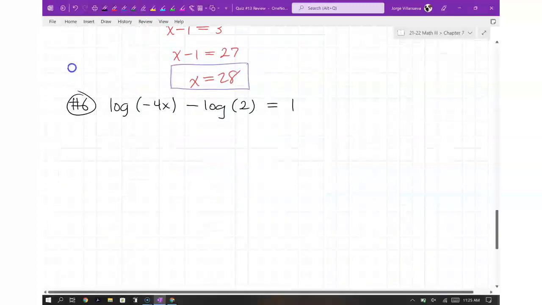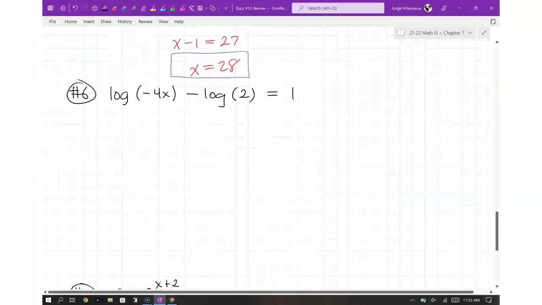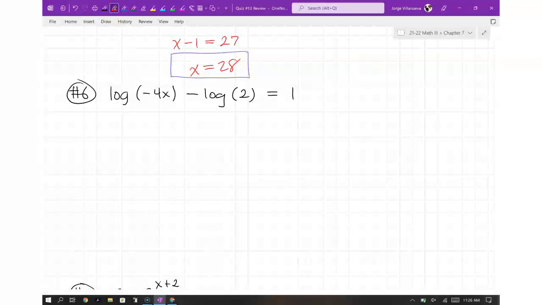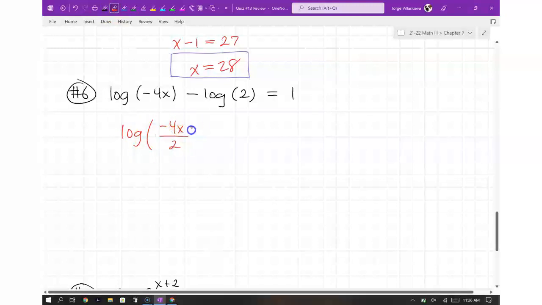All right, number 6. Remember earlier we saw an addition of logs we multiplied? Number 6 has subtraction, which means you got to divide. Okay, so here you're going to do log of negative 4x divided by 2 equal to 1. That minus makes you divide those things in that log. Remember, this is a log base 10, just so you know. Negative 4x over 2, that's a negative 2x. So I'm going to write log of negative 2x equals to,